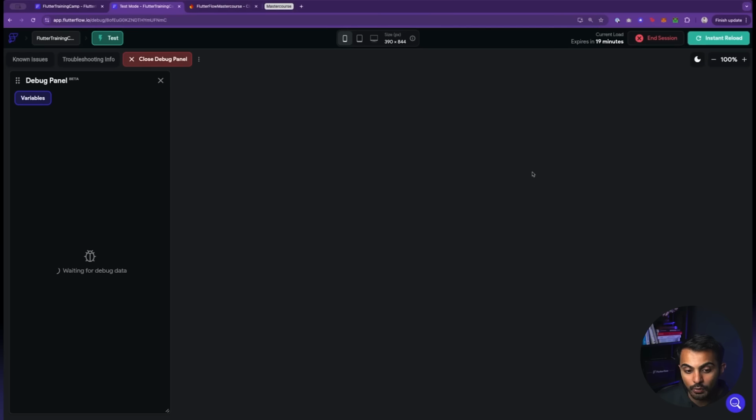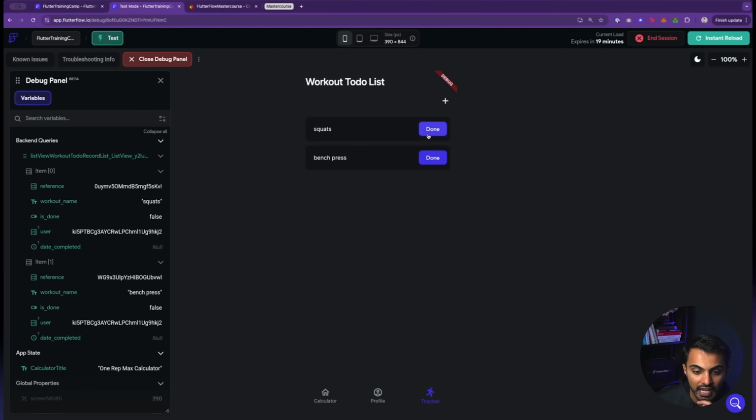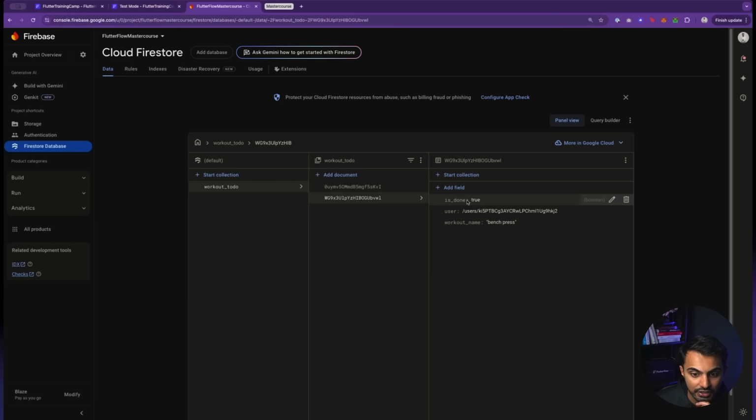Let's test and make sure that works, and then I'm going to show you how we're going to get rid of that document on the page. And you might have already guessed it if you caught a detail that I skipped over. So now when a user clicks on done here, it should update the document in our database to true. Notice here now, both of these isDones is set to true.